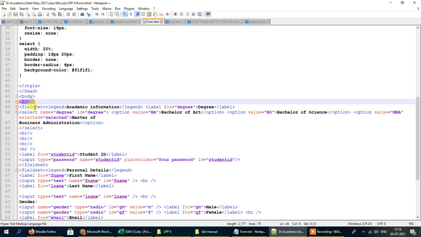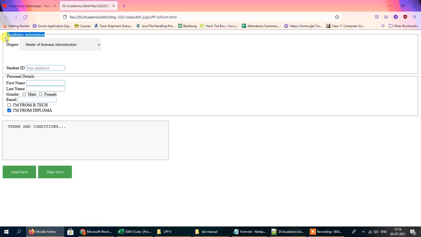Inside the form tag you can see that there is something called field set and legend at the very beginning. If we compare it with our form over here, you can see at the beginning there is this rectangular box with a gray outline, and above it there is a line called academic information.